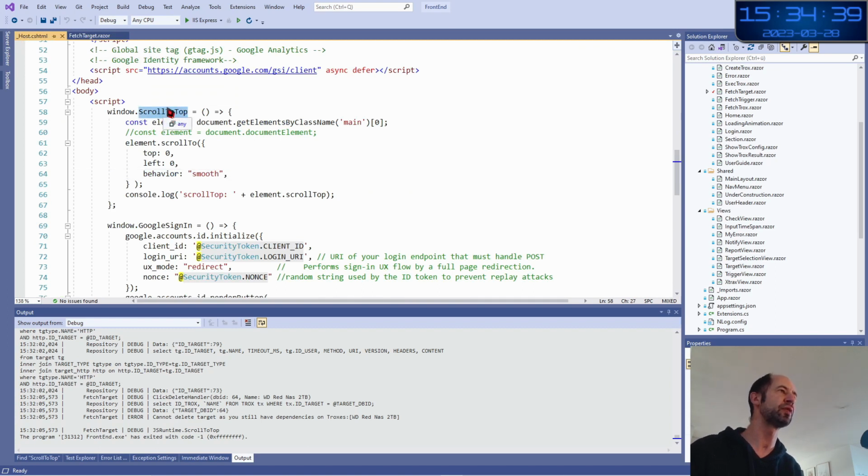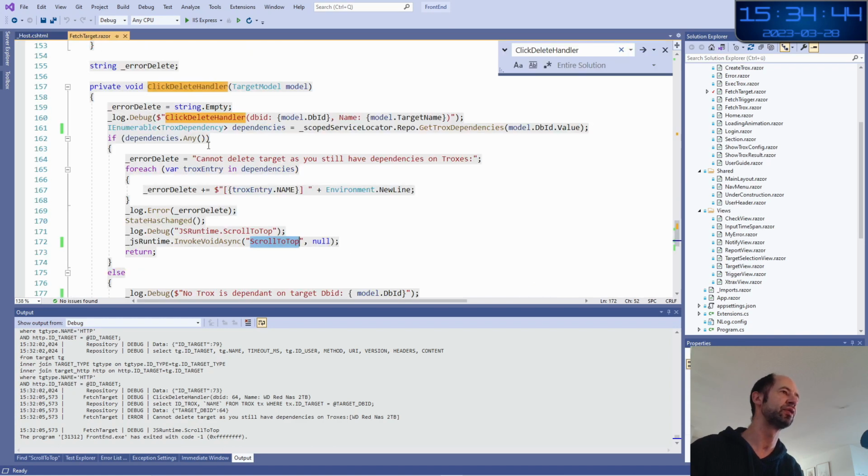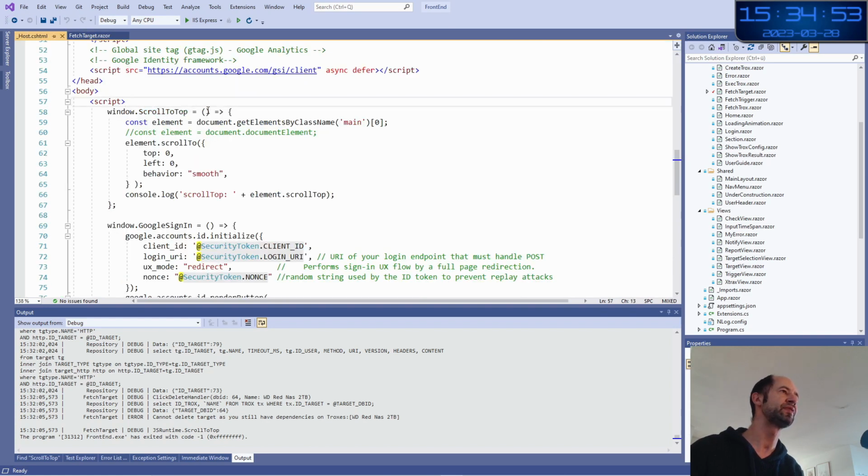The scrollToTop object here is defined here and must match the name here, scrollToTop, without any parameters. So here I am defining a lambda attached to this object scrollToTop, and here I am executing the JavaScript statements to scroll at the top.